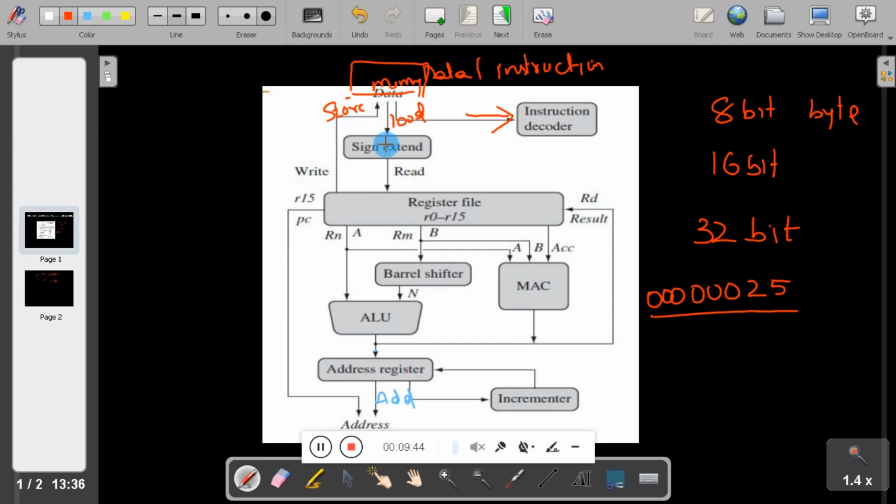This is because when you store any value from the register, it is 32-bit. No need to extend once again. But when you load the number from the memory, the number may be 8-bit or 16-bit or 32-bit. If it is 32-bit, then the number will be directly loaded into the register. If it is 8-bit or 16-bit, the number needs to be extended based on the sign bit, either 0 or 1. So this is called sign extend.